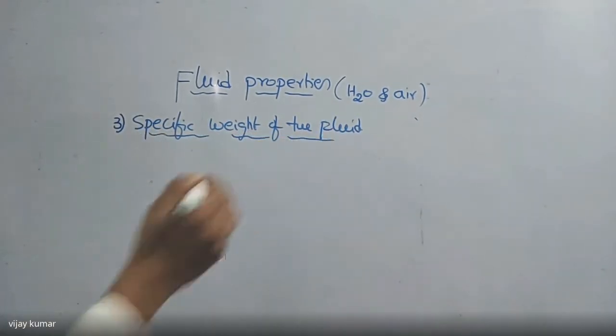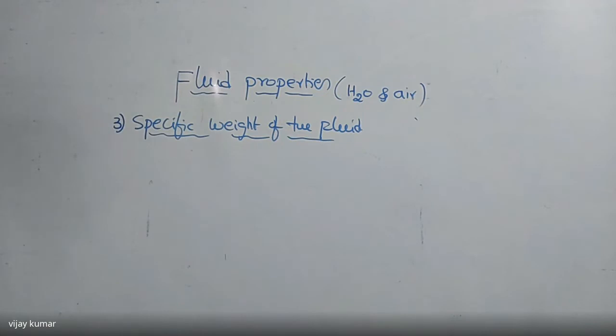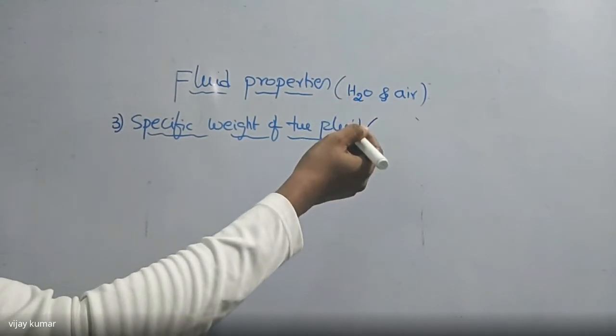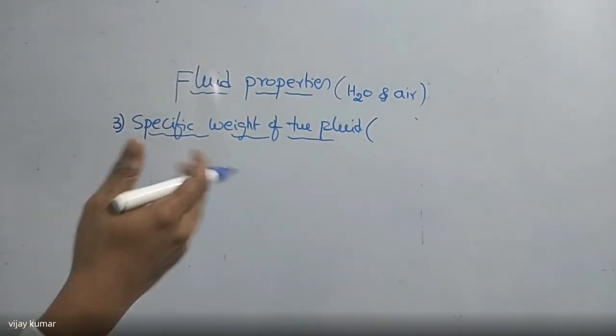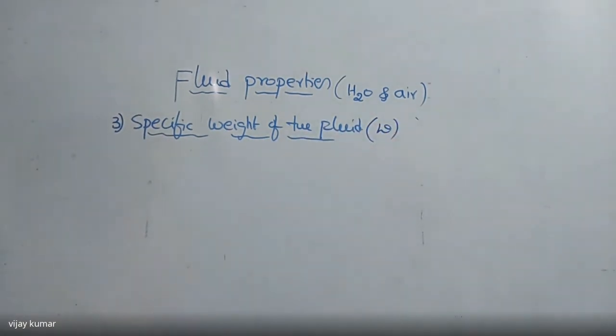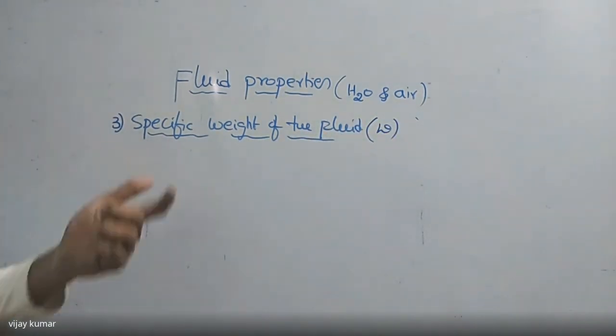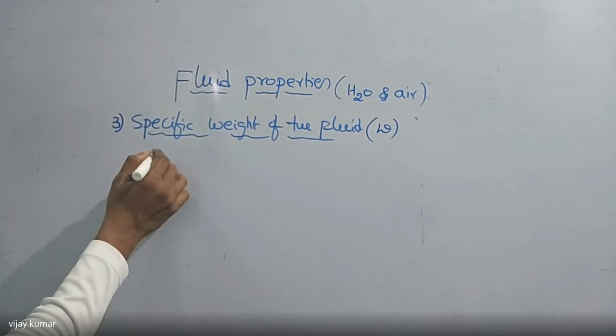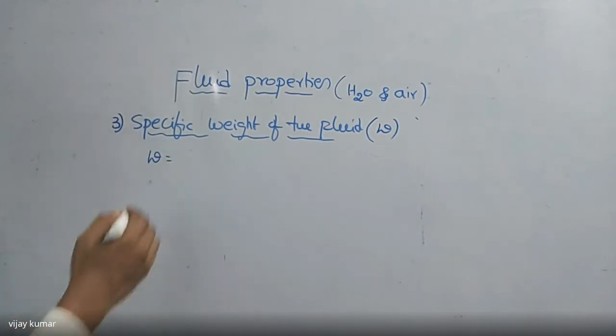Specific weight of the fluid. Now, how to calculate the specific weight of the fluid? Weight is always indicated by the capital W, and the specific weight is indicated by the small w. Total weight is capital W, specific weight is small w. Right? So, specific weight is defined as the ratio